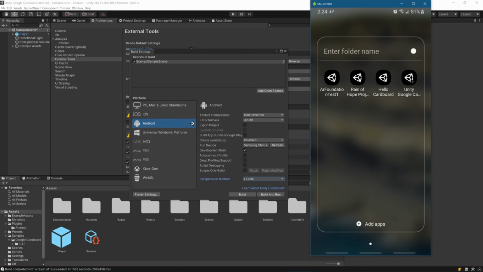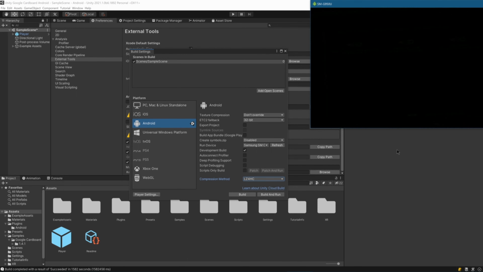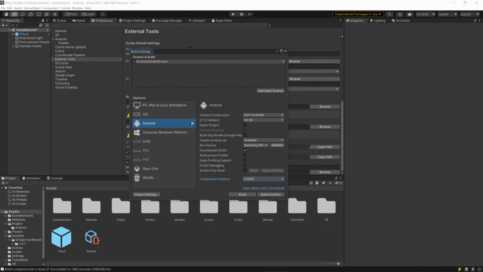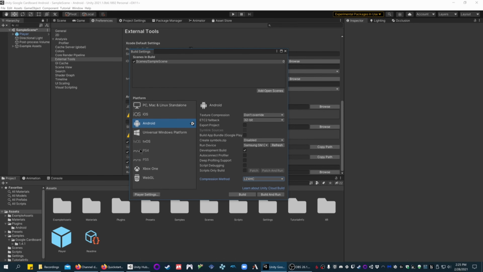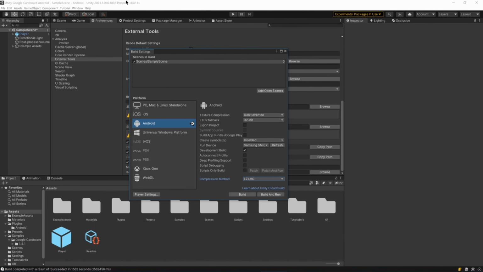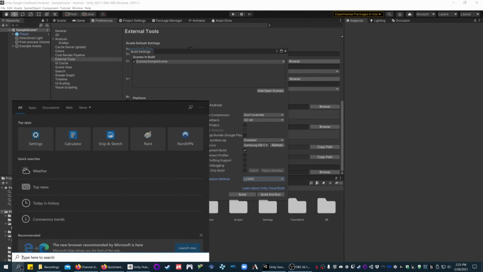So let's take a look at what we've just made, which is our Unity cardboard here. I'm going to switch the phone over. Come on, you can do it. It's having a little bit of trouble. It'll come back in a moment. I guess I shouldn't have played around with the sample scene, huh? Well, in any case, I can show you